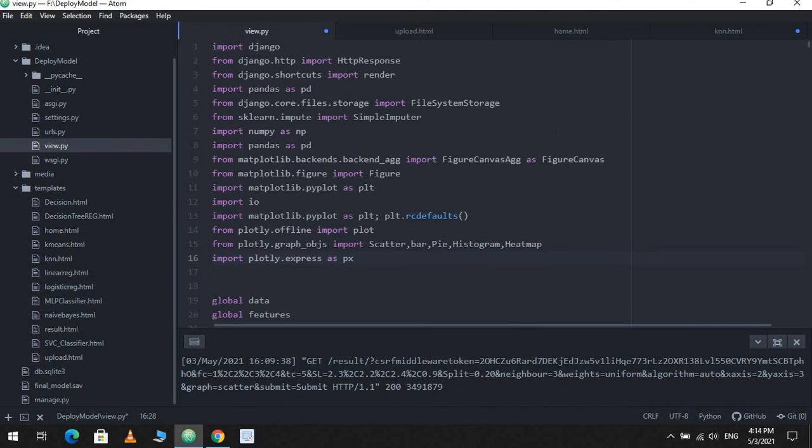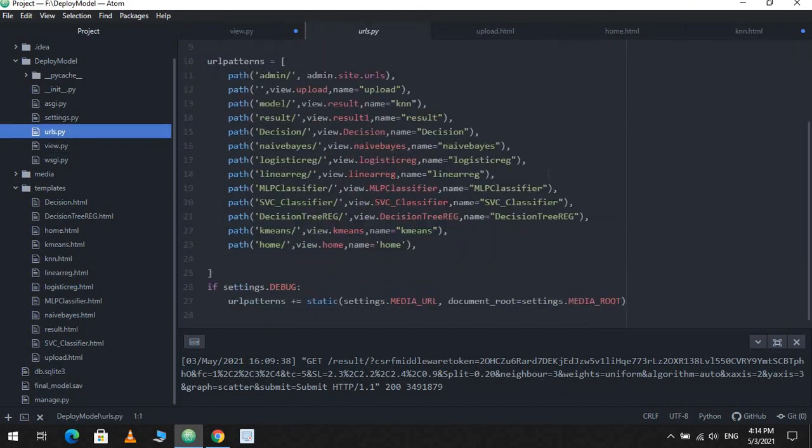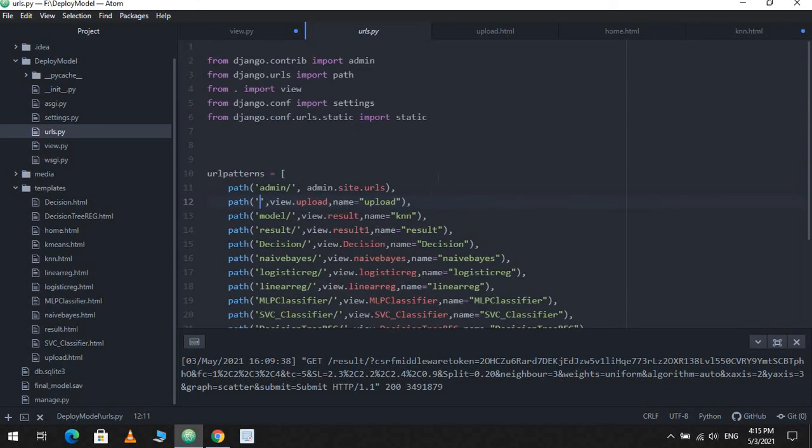And what changes is in URLs, if you see, I have provided the URLs for every page. What will be your first page, which is your upload page. In this you don't have to write anything, so that it will automatically open at your run point. Whenever you run your server, it will take you to that upload page only. And we have chosen knn result decision. That's how we are working on our upload thing, plus the home page.